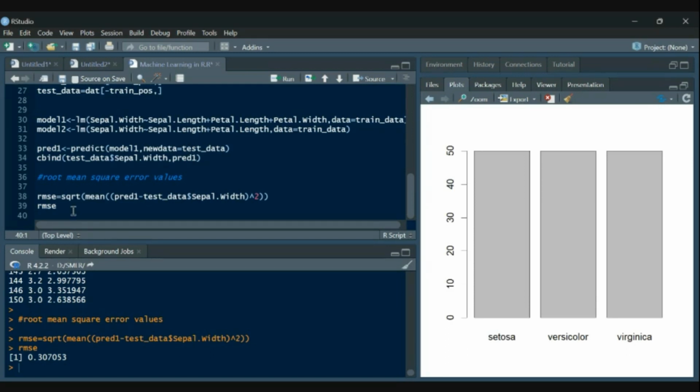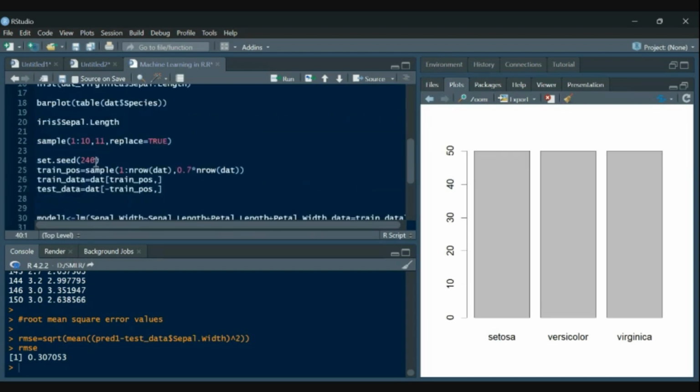So now what to do? Have you heard about resampling or bootstrapping? I think statistics persons must have heard about it.